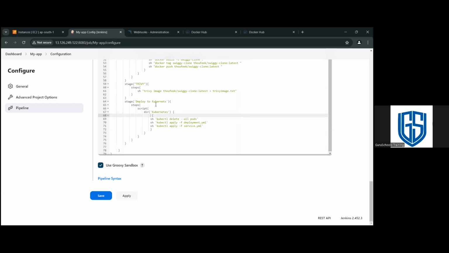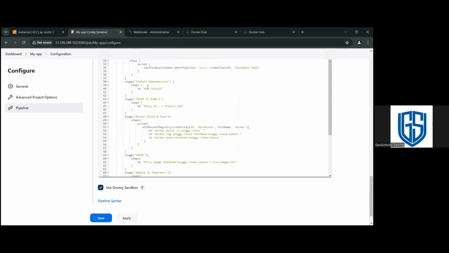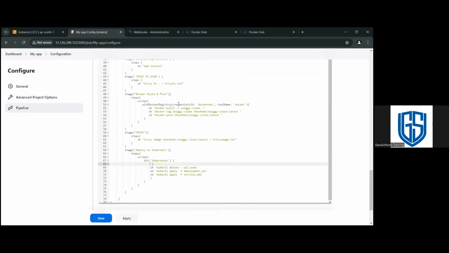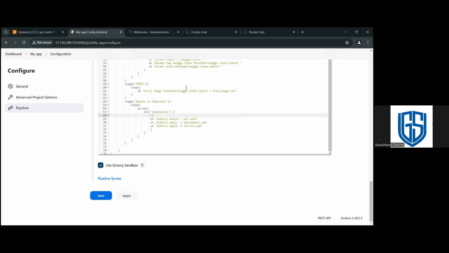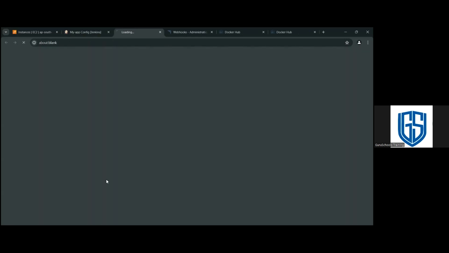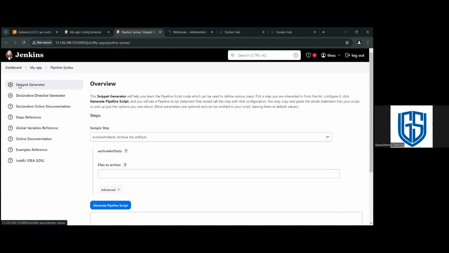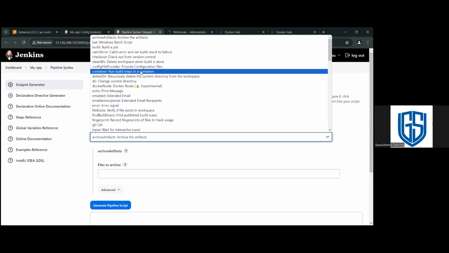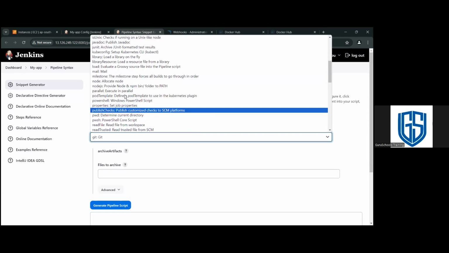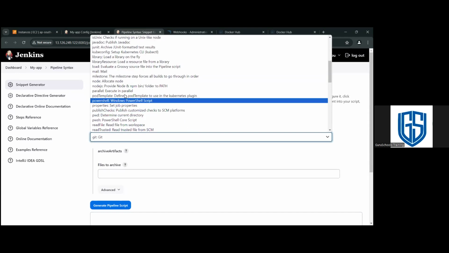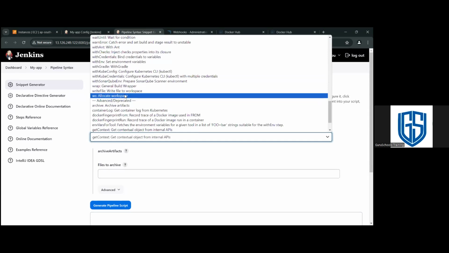Yeah. So, for example, these are the Groovy script stages. If we don't know the stages, we can directly go to the pipeline syntax here. It will open another page, and here you can see the snippet generator. And here we can provide our stages. Okay, for example, git checkout. See, for git, for example,